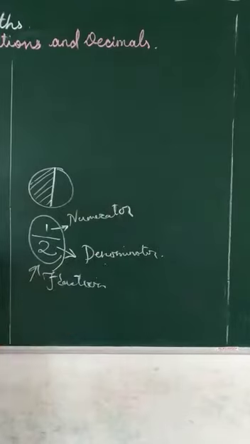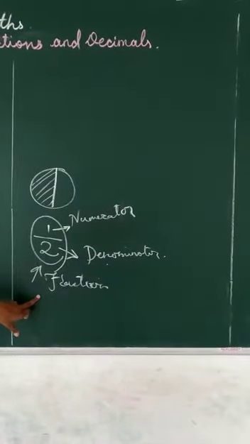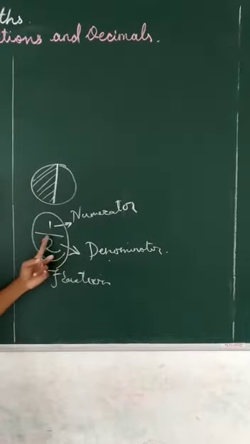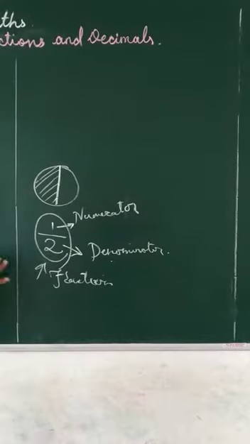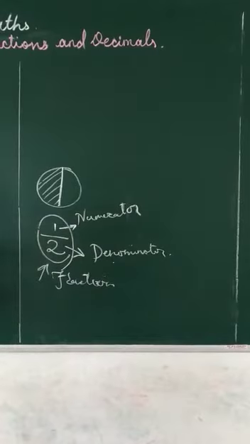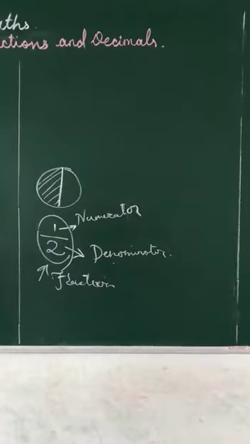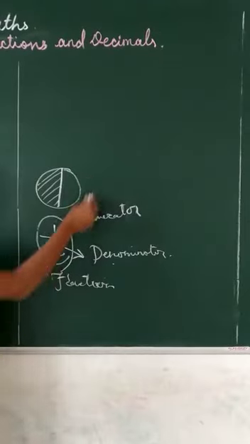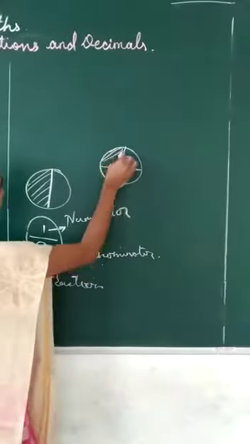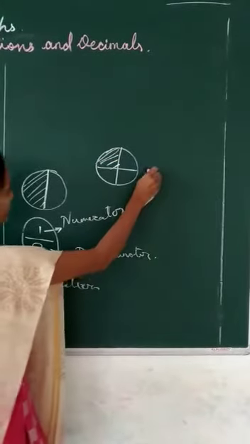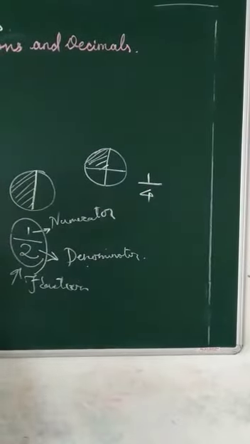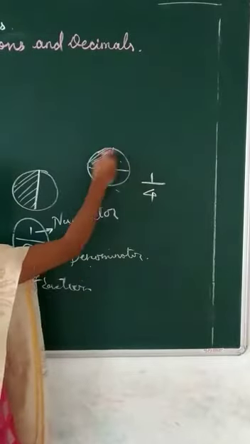This total numerator and denominator is known as a fraction, and they are separated by a small line, which is called the fraction bar. Fraction means how many parts we have made out of that one whole, and out of that how many we are selecting. Suppose of this one paratha you have made 4 parts, and out of those 4 parts, one you have eaten up. So what will be the fraction of this figure? 1/4. Because we have made 4 parts, and out of that 4, 1 we have selected.